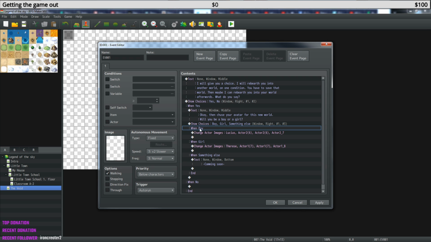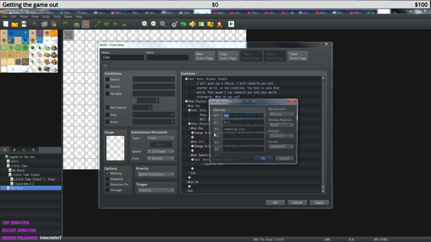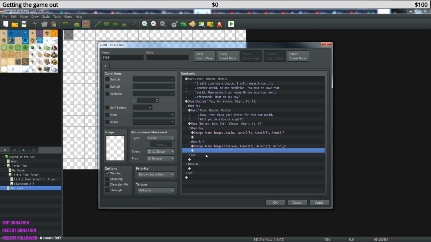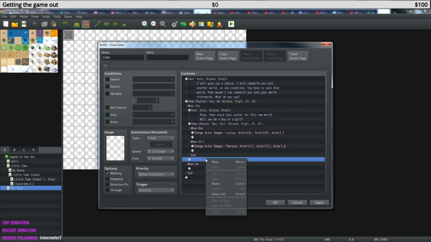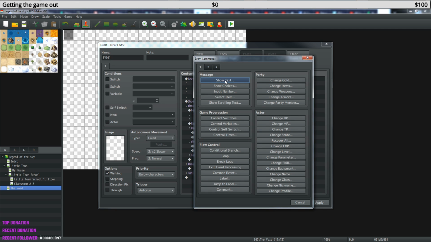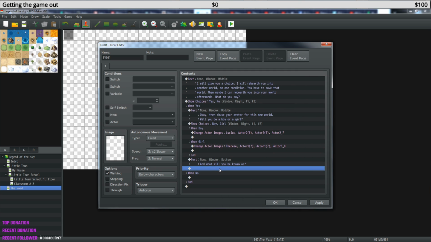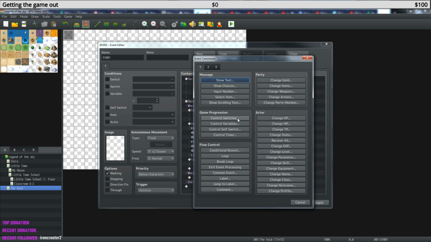Actually, I should probably edit this one. Default is 2 right now. I will add something else down the road, but not now. And what will you be known as? And then new. And then, if I'm not mistaken, there is our